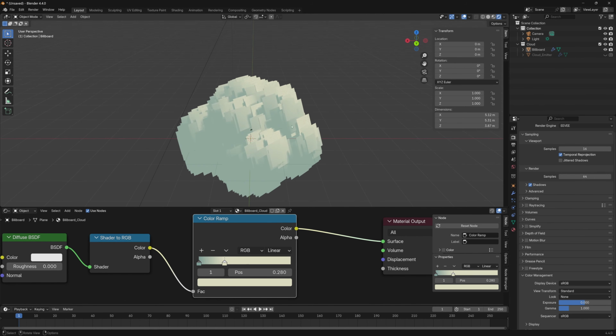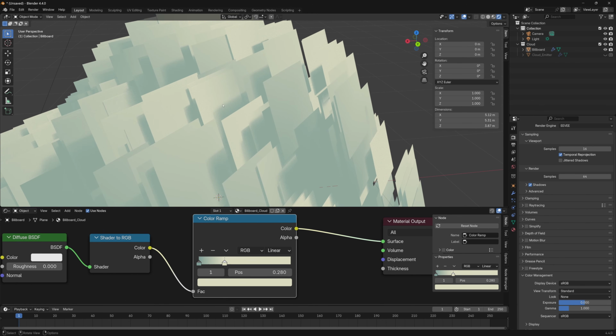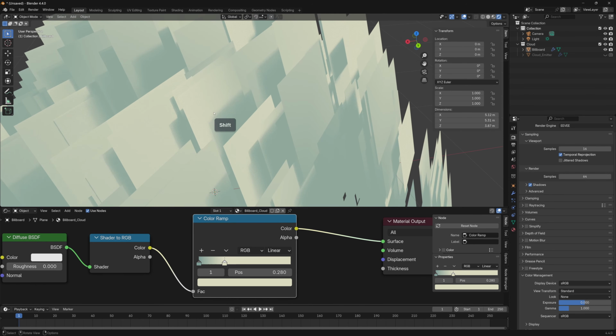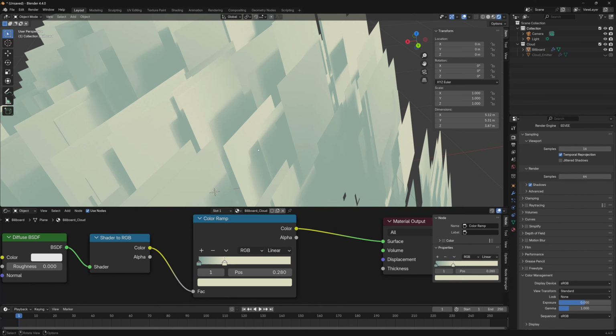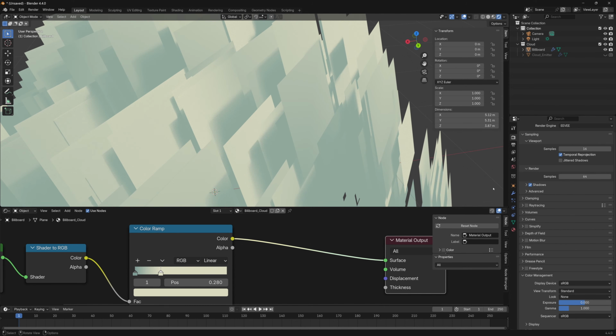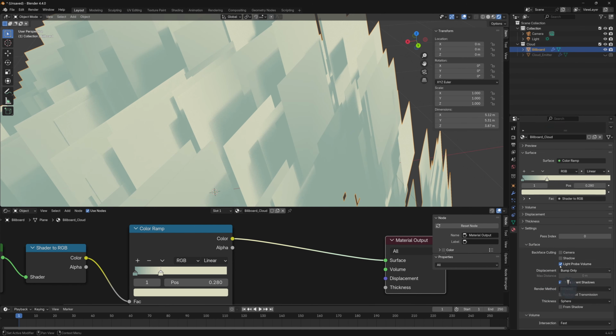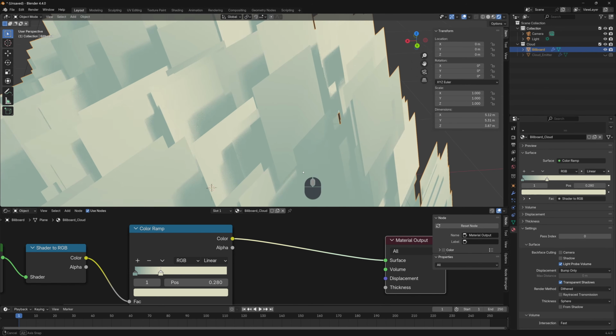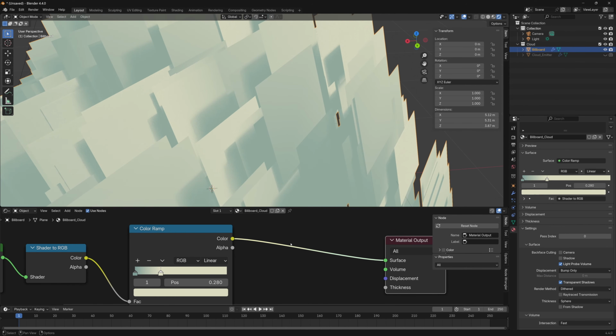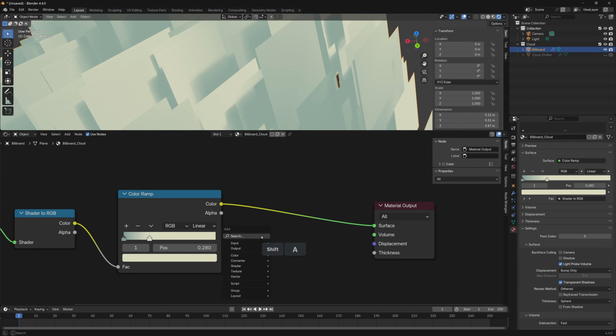Next, we will solve the next issue, and that is there is shadow here. That is the real-time shadow. And generally, we don't want real-time shadow, especially if it is cartoon anime style. In the old Blender version, you can just turn it off by unchecking a box in here. But after Blender version 4.2, it is a bit more complicated to turn off the shadow per material, right? First, you will need a light path node